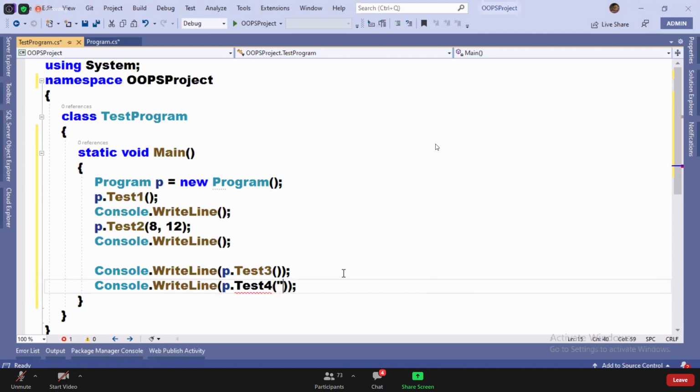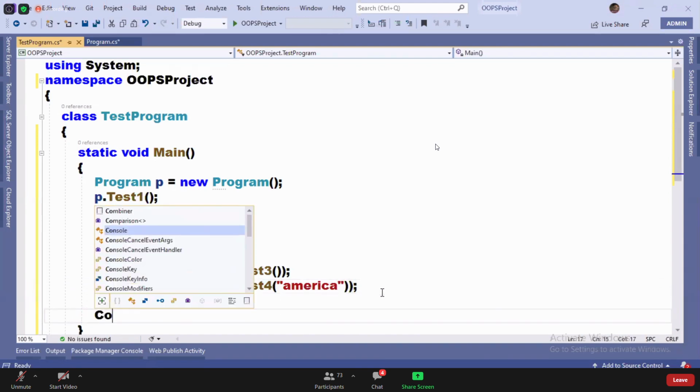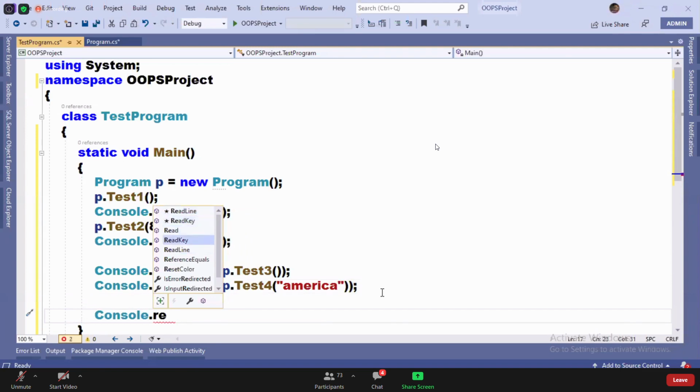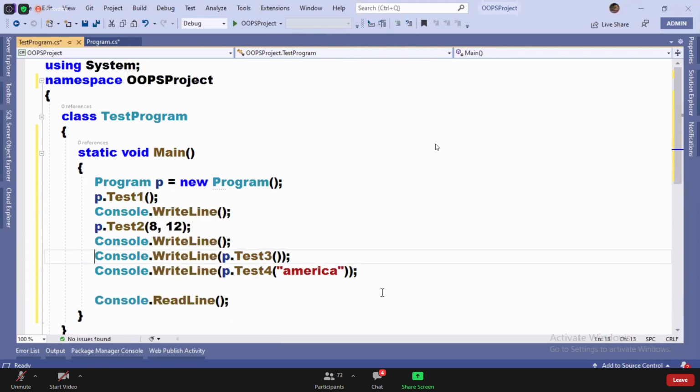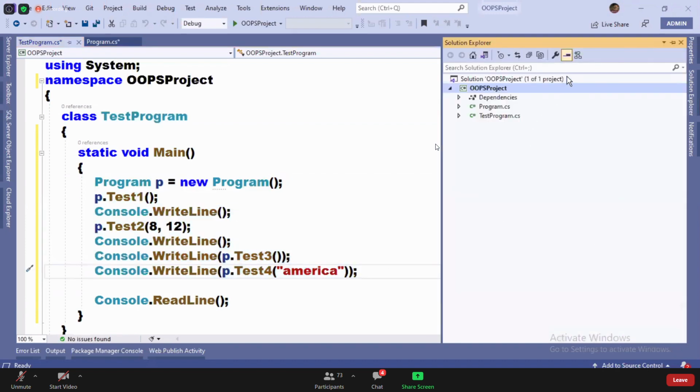Yesterday we gave India there, and now I'm giving America. It will convert America into uppercase. Console.Read. Yeah, guys, you can see now. I created the instance of the Program class in TestProgram and called all the methods. So this is reusability.